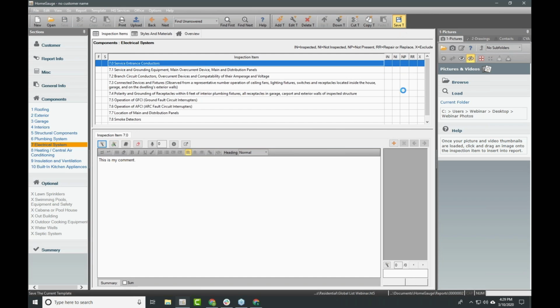I'm going to save my template. And I'm just going to use, there's a couple of ways that you can do this. So I put some comments in the uncategorized section in the global list so I could just give you an example. So those of you who've been using HomeGauge for a while,